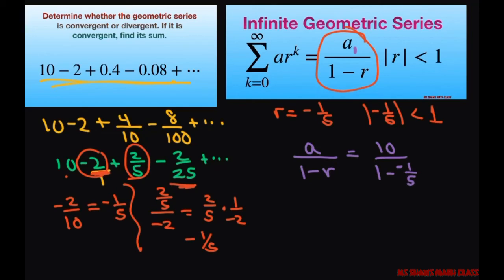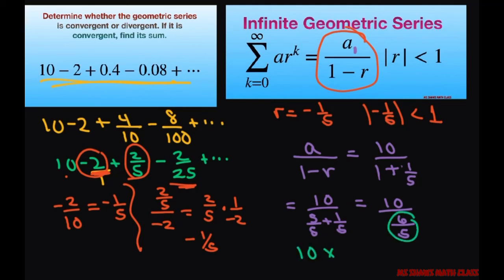All right, so that's really just going to be plus 1/5. So this equals 10 divided by 5/5 plus 1/5, which equals 10 divided by 6/5. And then we're going to say 10 times, instead of divide, and flip this around. So this is going to be 5 divided by 6, which gives us 50 divided by 6. Now this reduces to 25 divided by 3. So this is what our